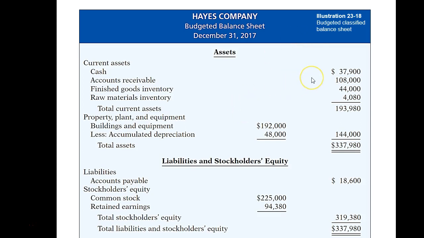This is the cash coming from our cash budget. This shows the amount of receivables we expect to have. This shows the finished good inventory coming from our production budget, material inventory from our material budget. This is showing our PP&E, less cumulative depreciation. And so this is showing us what our budgeted balance sheet will look like at the end of the accounting